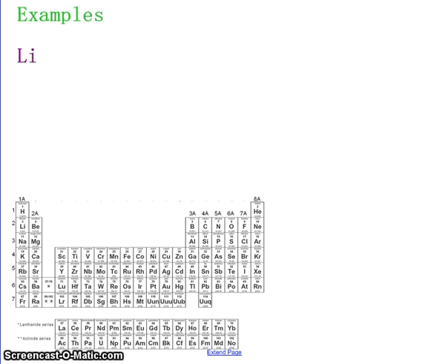Now to do a couple examples just so you understand when atoms will gain or when they will lose electrons. The easiest way to look at this is to start with the Bohr models. If you remember, in the Bohr models we have our nucleus and then we have the number of shells. The period number, the number on the side here, tells us how many electron shells an atom has.